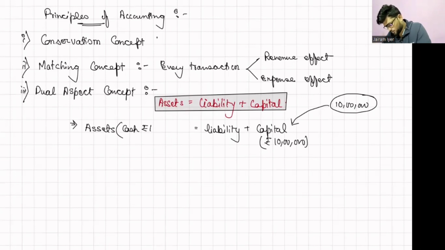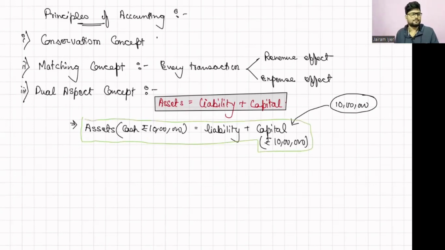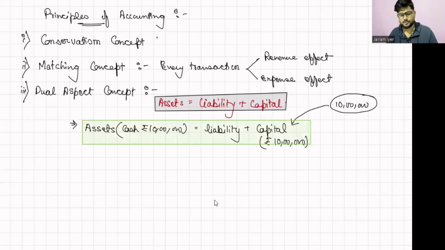So this statement is proven right now: whatever liability and capital we have in the business is always equal to the asset we have. That's why I said that whatever we think we have in the business is our asset. With more examples, we'll get a clearer idea. Now we'll move to the next principle,